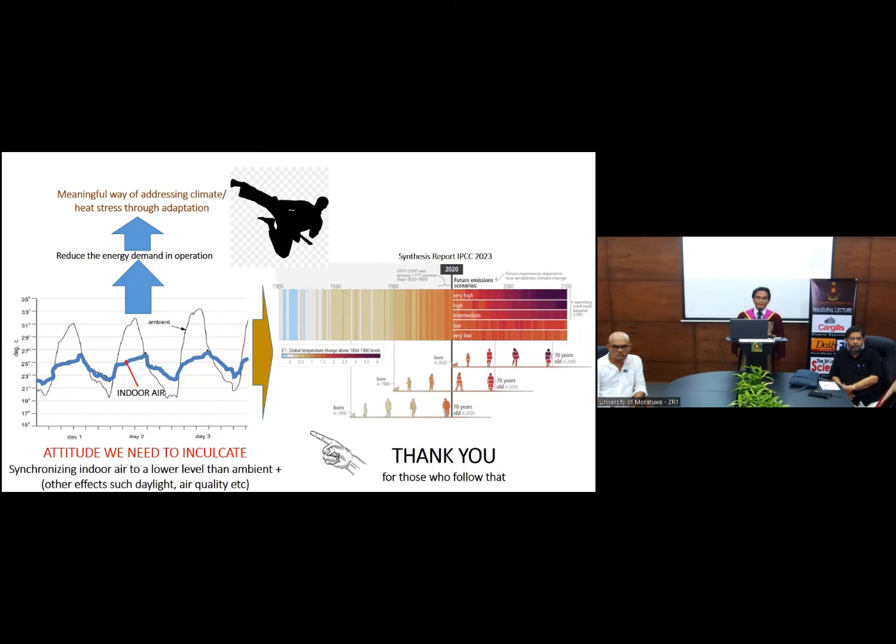Because why? Because of the problem that we are going to face, according to the synthesis report of IPCC 2023, a child born in 2020 will be 70 years old in 2090, and the child, whether he or she will have to live with climate problems, heat stress, and all related problems. So which one do you want to select? Are we going to have the same practice continue, or are we going to have an attitude change in every one of us?